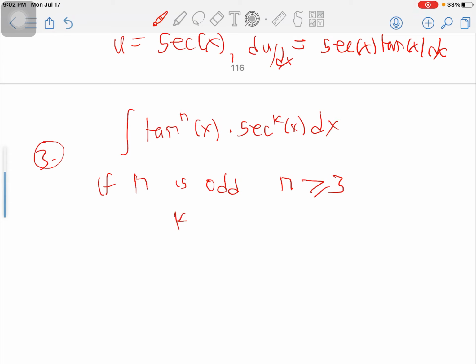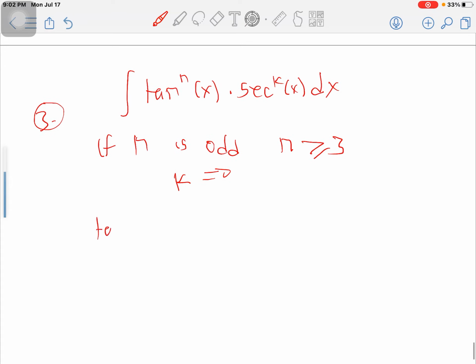So if your n is odd and n is greater or equal to 3, and let's say your k is equal to 0, that means the power of the sec is 0,